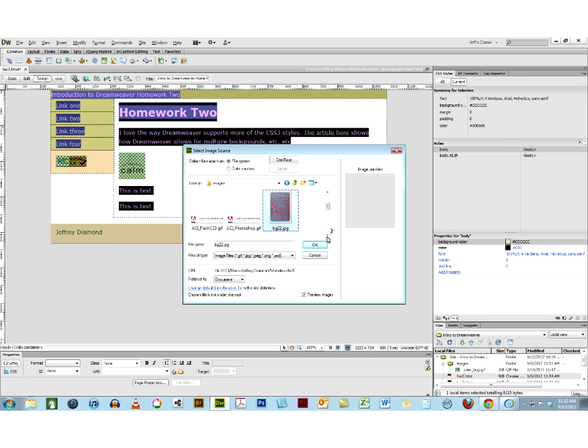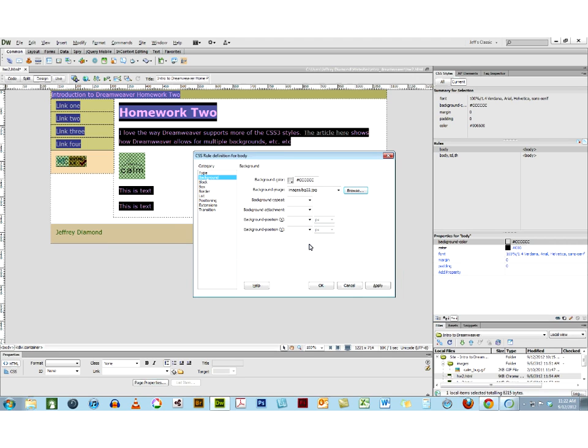How big is this? Oh, really big. Oh, this is an old poster from the 60s, Sam the Sham. Okay? Now, I'm going to say background does not repeat because it's hecka big. And we're going to start this image in the top left-hand corner. But the thing I'm going to do is I'm going to set this to fixed. I'm going to click on OK. Now when I preview this page,